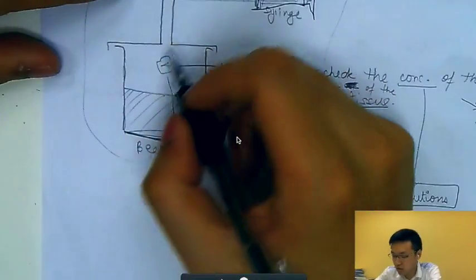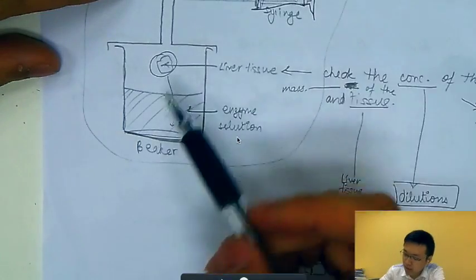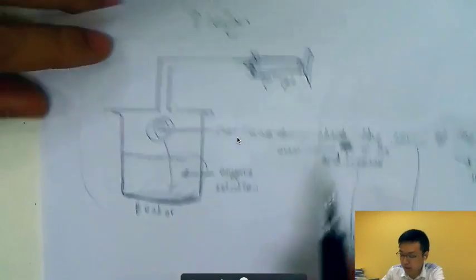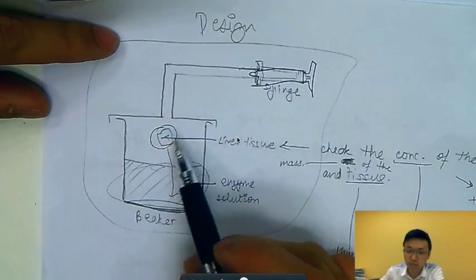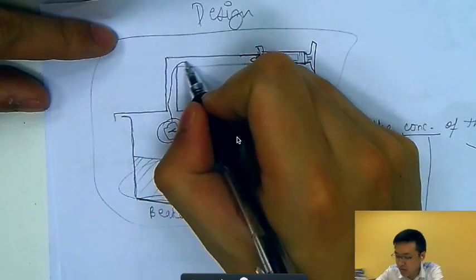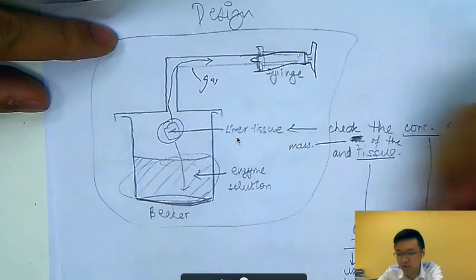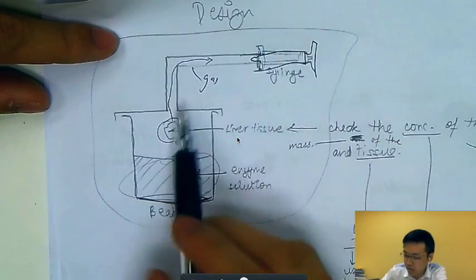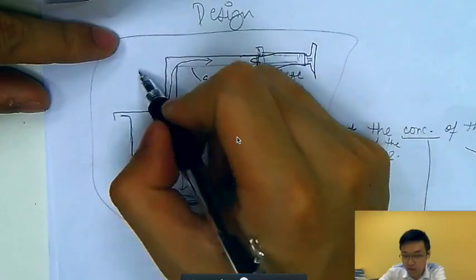So this experiment is done basically like this. First of all, you need to have liver tissue cubes, and then you put them in the enzyme solution. When you put them in the enzyme solution, gas starts to evolve, because that's the nature of the reaction. The gas evolves, and this tube here is what we call a